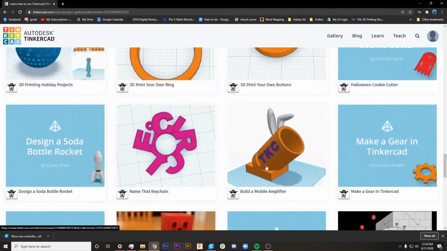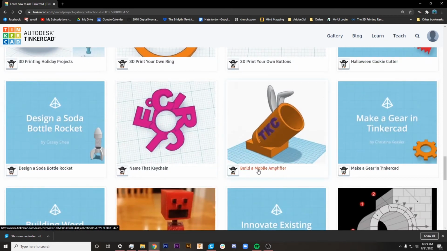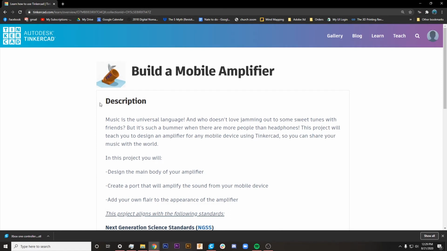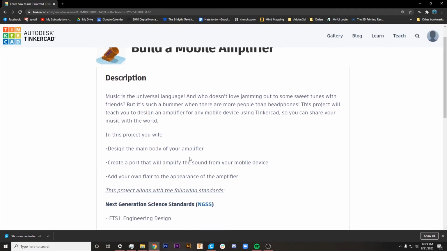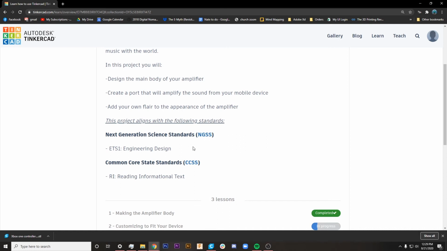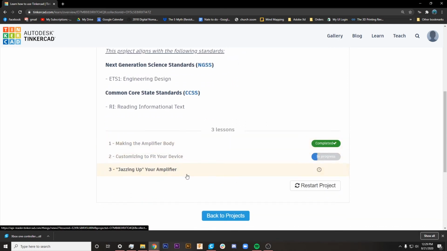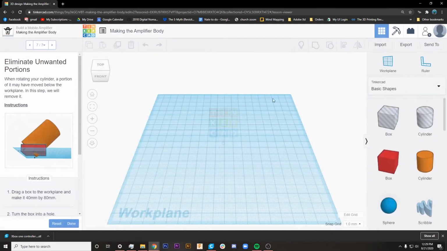If you click in on this project, so if we wanted to build a mobile amplifier for your phone to make it louder, we could click right in here. It gives you a description of exactly what this project is, and then it has it broken down into 3 different lessons. So this first one I actually did look at, because I just wanted to see the step-by-step